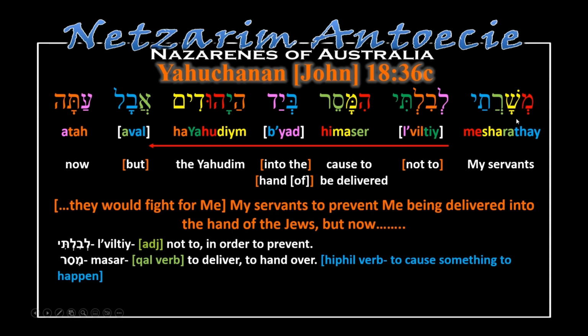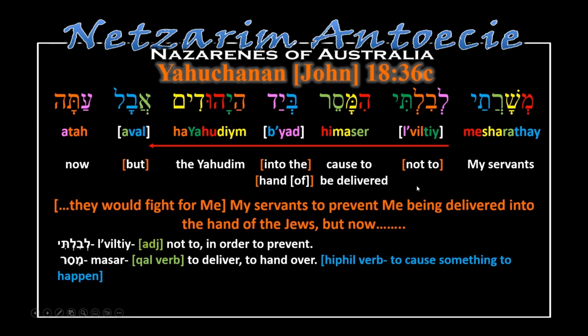Me'sharetai. My servants. Remember that the ai at the end, tai, means my. And if we look down here, we haven't got it there, but Mesharet means servant or servants. Right, so my servants,